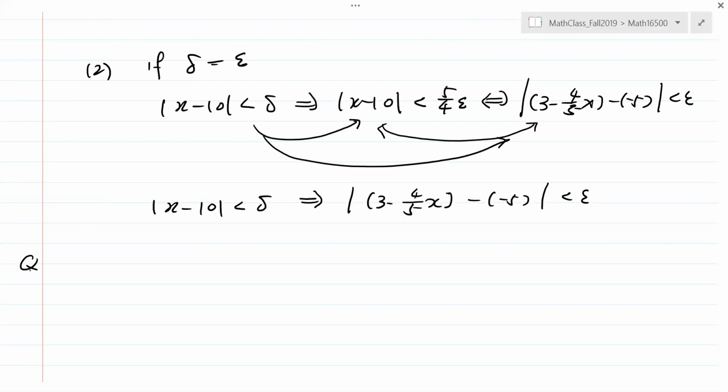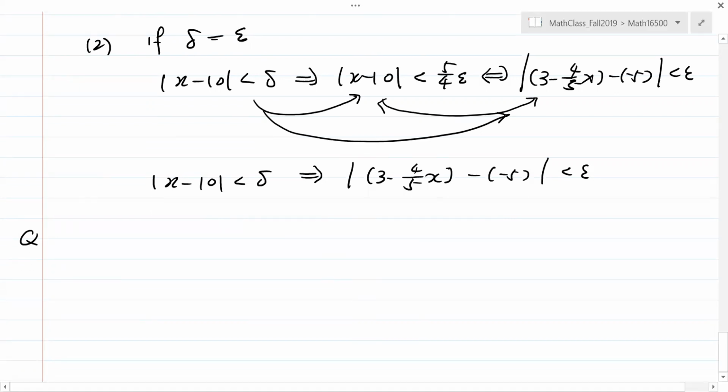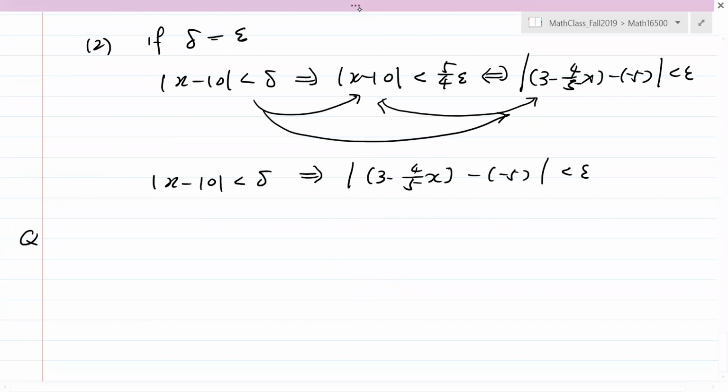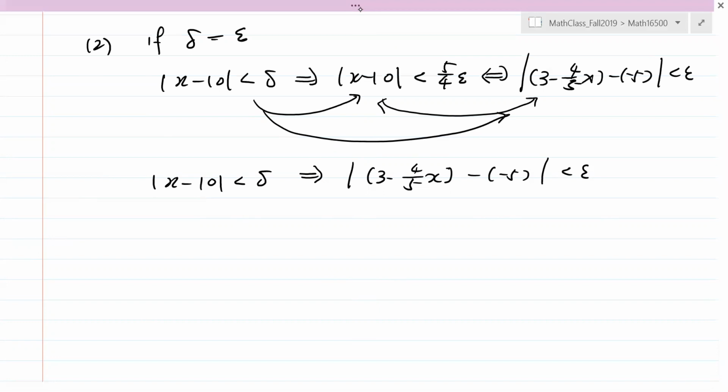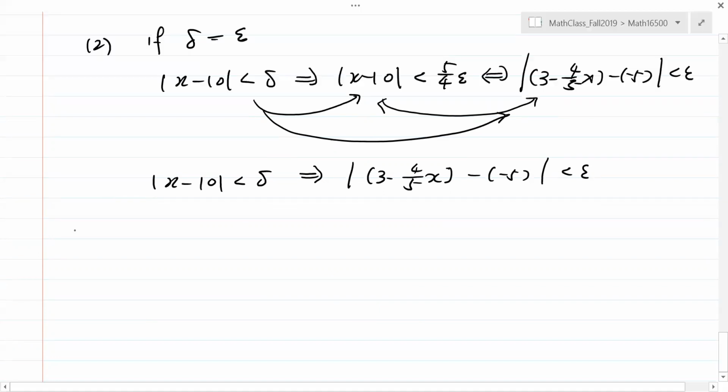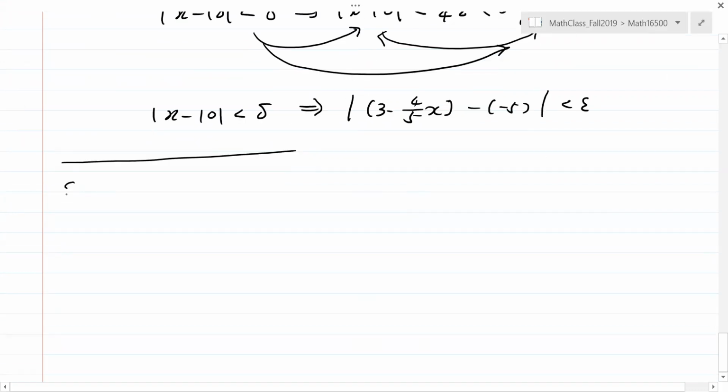Now, is there any other way you can solve the problem? I think there's another way. Another way is sometimes better for more complicated problems. Okay, I want to prove, right? Remember, we want to prove that